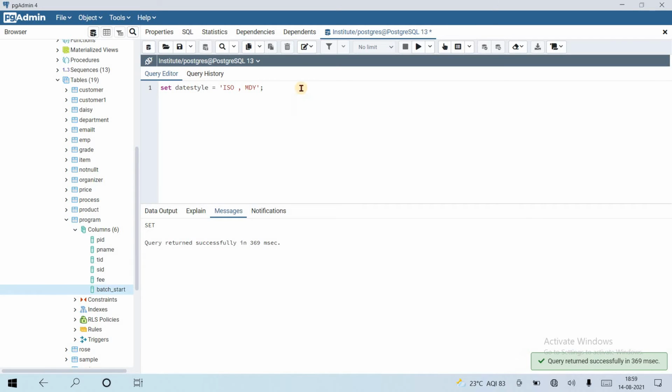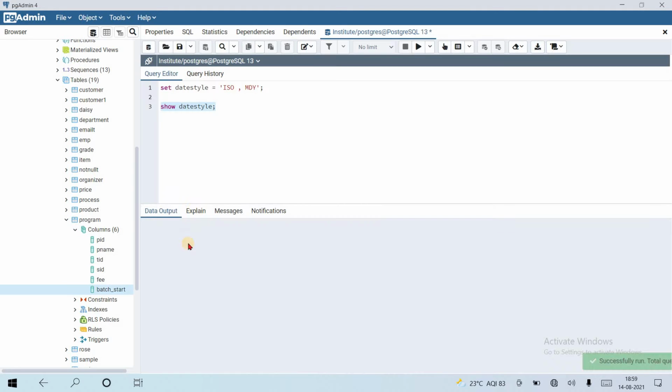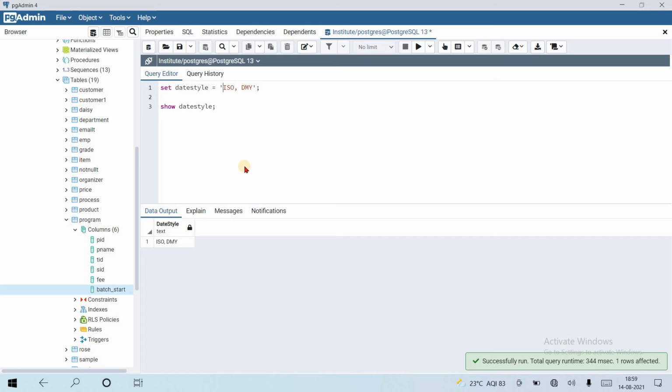The query returned successfully. If I use the query show date style, I can see my date style has now become ISO and MDY. So I am reverting back to ISO and DMY, day month year. Okay, that's it.